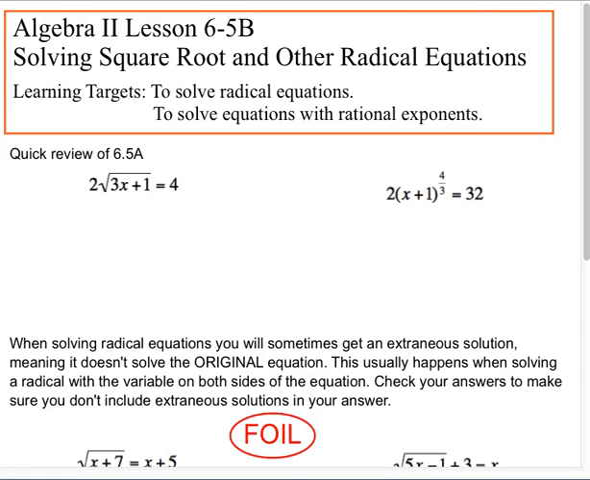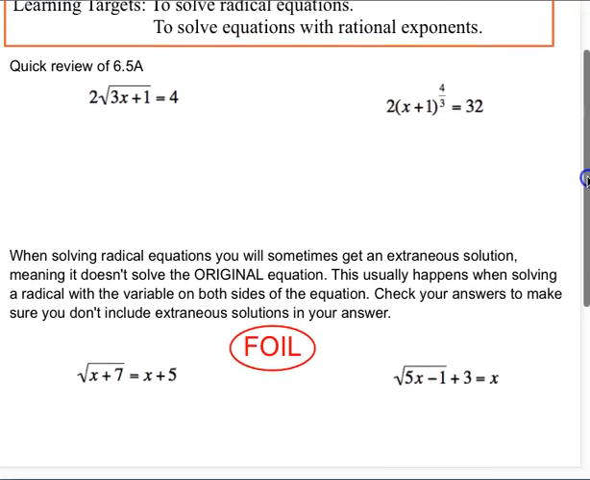Welcome back. Today we're going to continue our conversation on solving radical equations and equations with rational exponents. Before we dive into our new material, I do want to take just a moment to review what we did